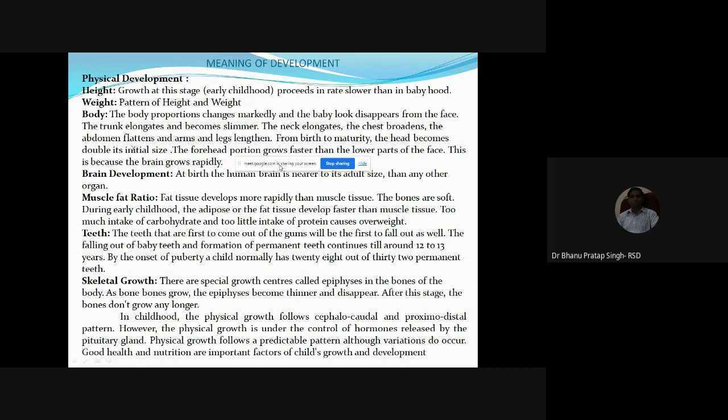So there are special growth centers called epiphyses in the bones of the body. The bones grow and the epiphyses become thinner and disappear. So the growth and physical development of the skeleton also takes place in early childhood,